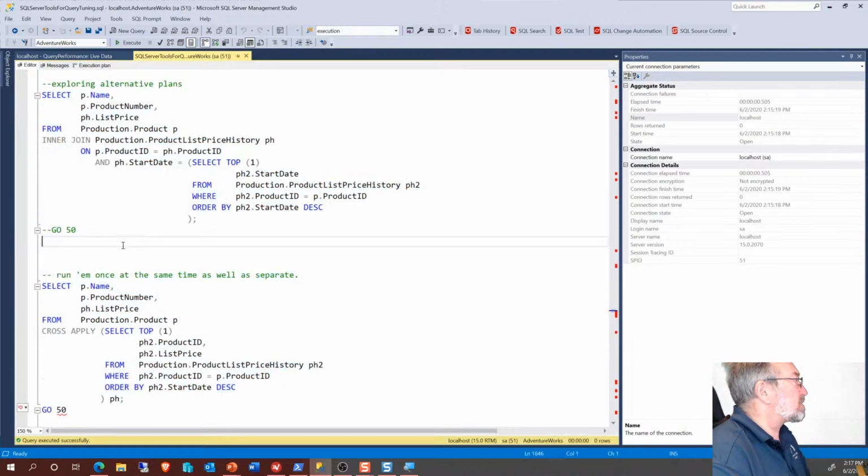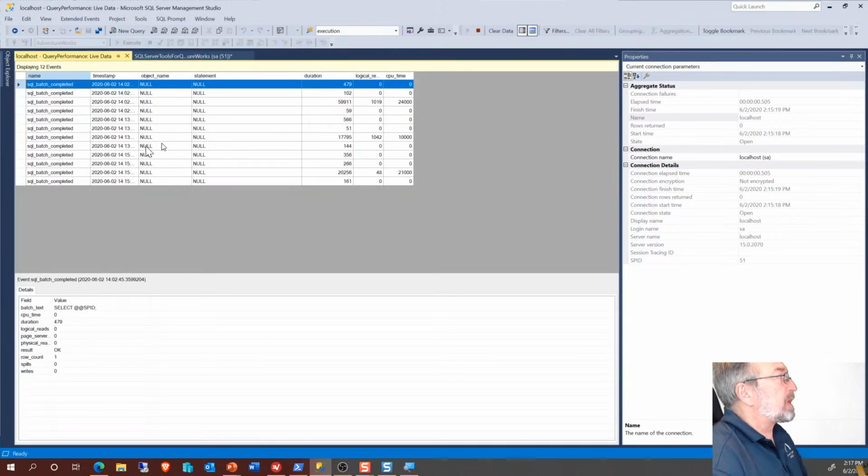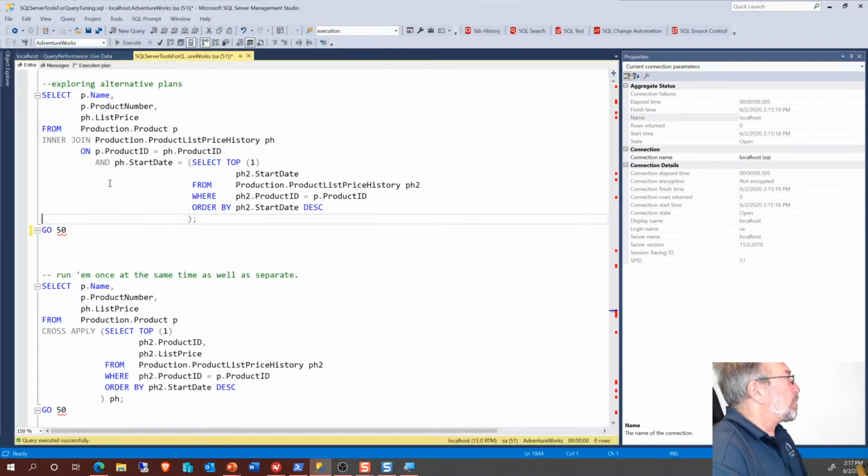Let's take a look at this. What we're going to do is, I've got an extended events session running right now, so we can capture live data and see the queries as they run. We're going to run this query